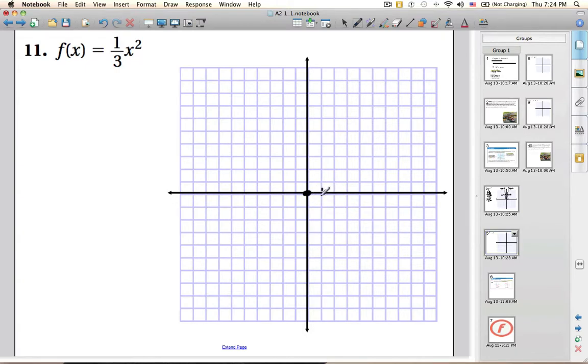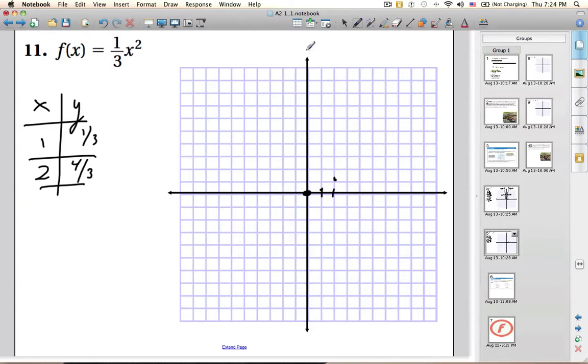And I can still pick 1 and 2 as my inputs, 2 points to the right, 1 and 2. 1 squared is 1 times 1/3 will be 1/3. 2 squared is 4. 4 times 1/3 is 4/3. And if I plot those points, 1/3 and 4/3, which is 1 1/3, and I can match them on the